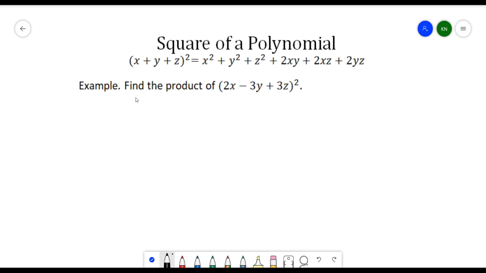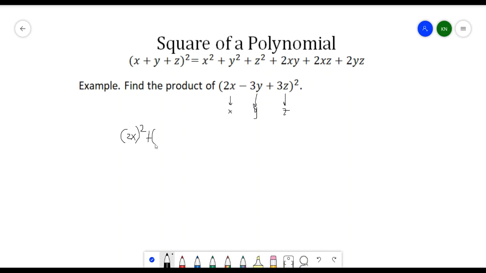So we have: find the square of 2x minus 3y plus 3z. So we have this is our x, right? This is our y, this is our z. So let's just label that one to avoid confusion later on. So that being said, following the format, we have 2x squared